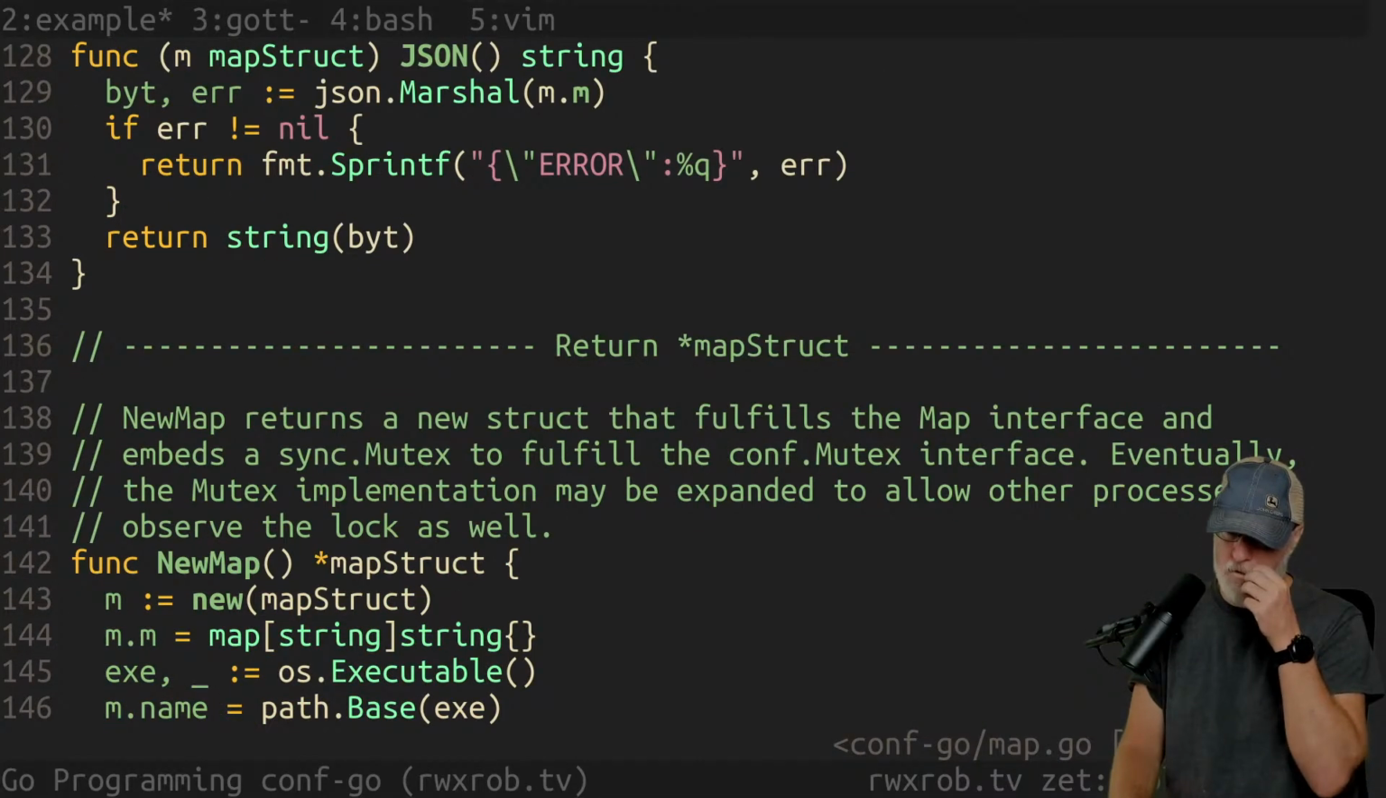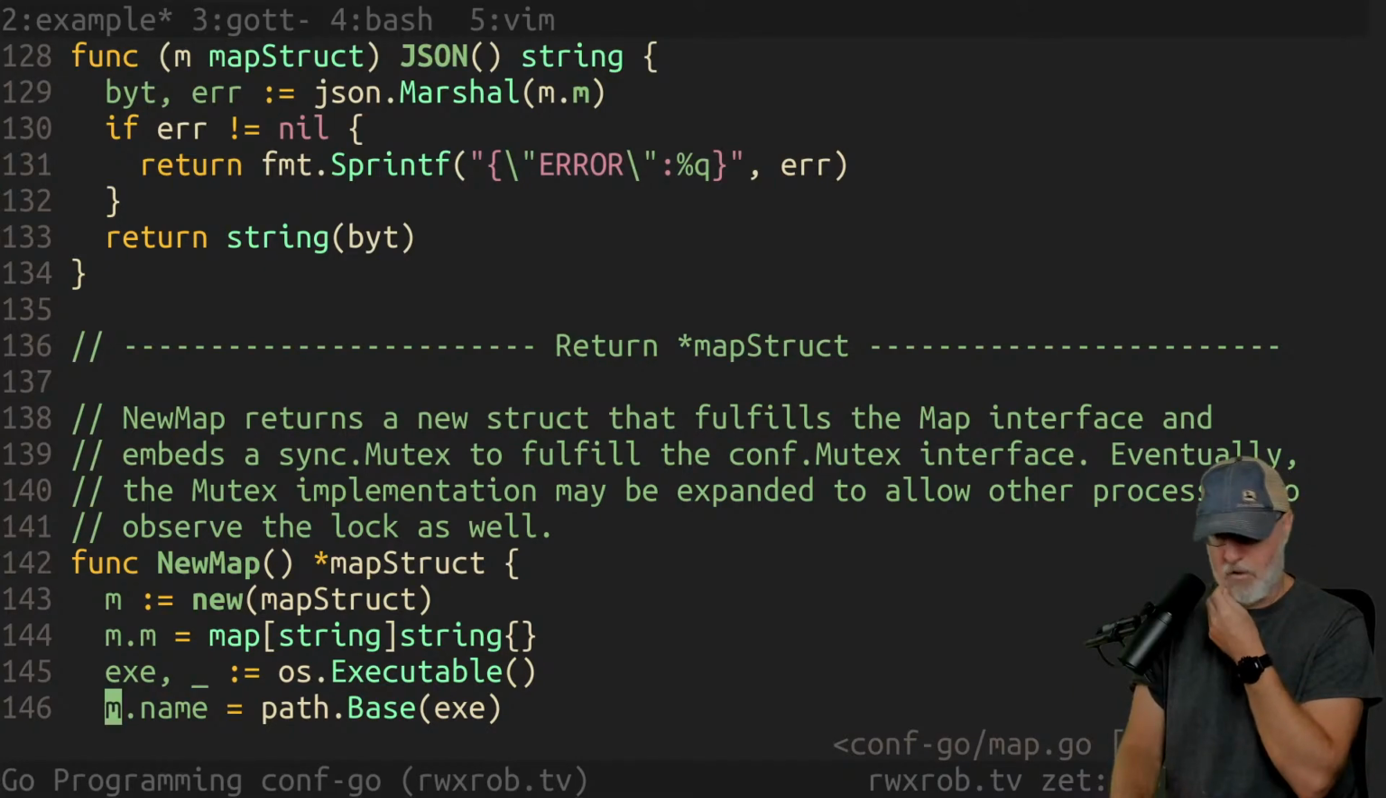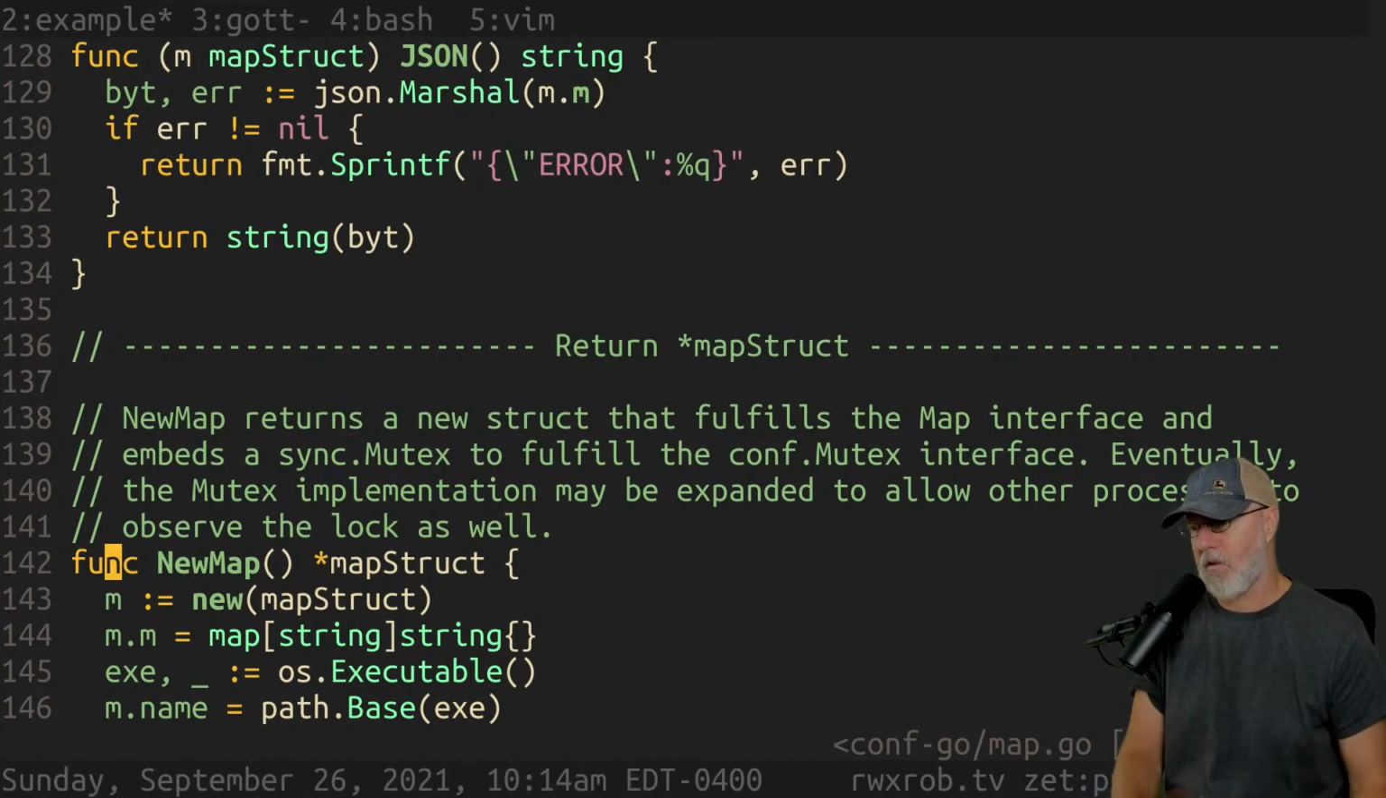And all of that's been really good, but the creation of the constructor here, which is a function that returns a new one of a thing,